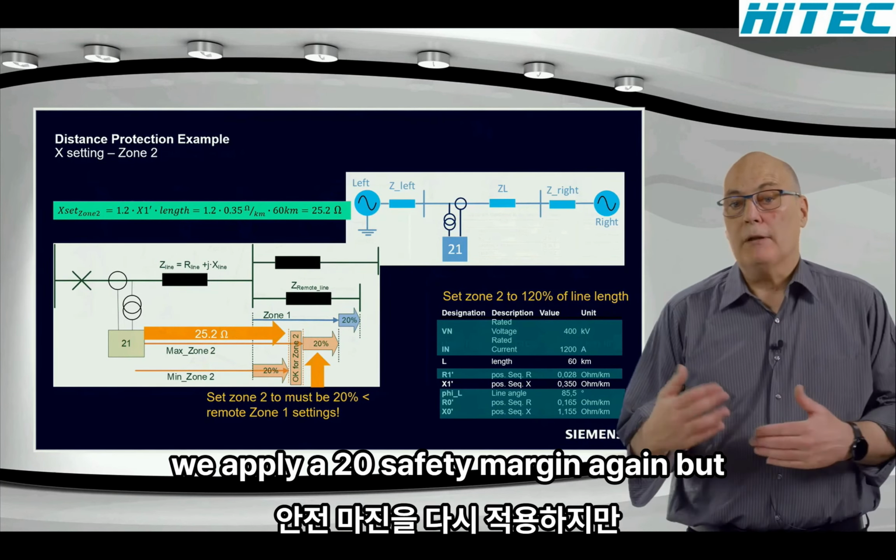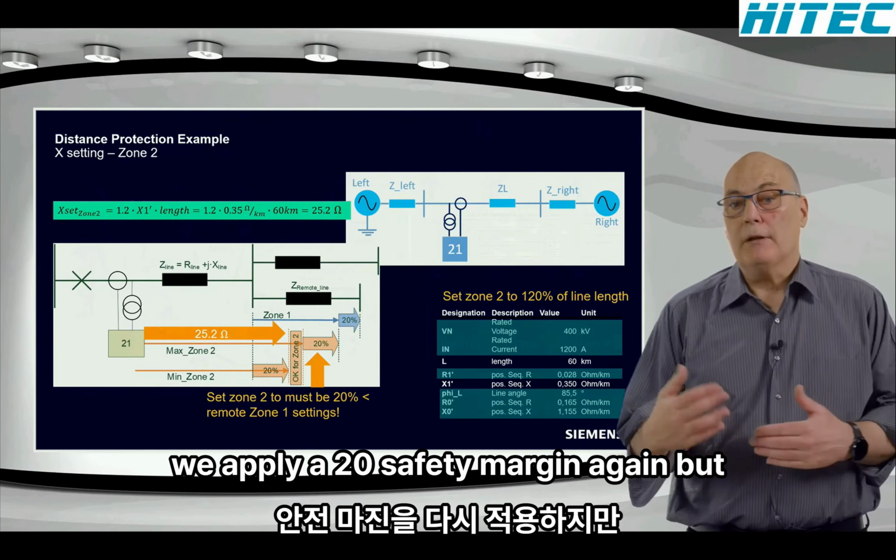The zone 2, in terms of our selectivity concept, may not pass or encroach beyond this zone 1. So let's have a look at this little graph over here. Our protected feeder is the one on the left with the R line plus jX line over there. And then we have the remote bus bar over there. That's up to where we must reach, and the zone 2 must reach beyond that. And then on the next bus bar, we have other feeders. And the one we need to worry about is the shortest feeder coming out of the bus bar over here